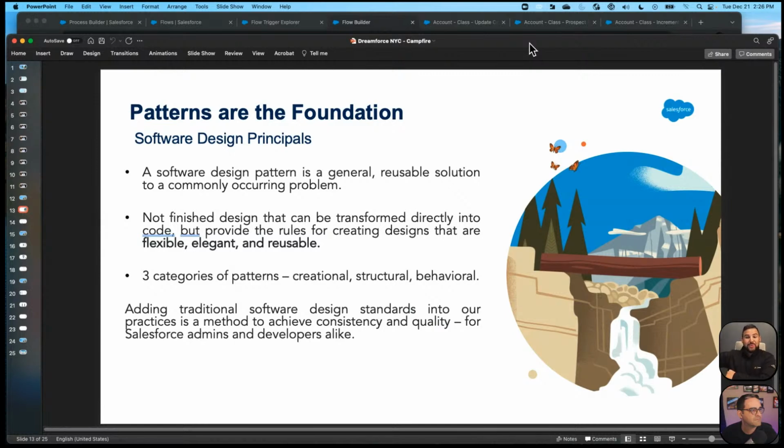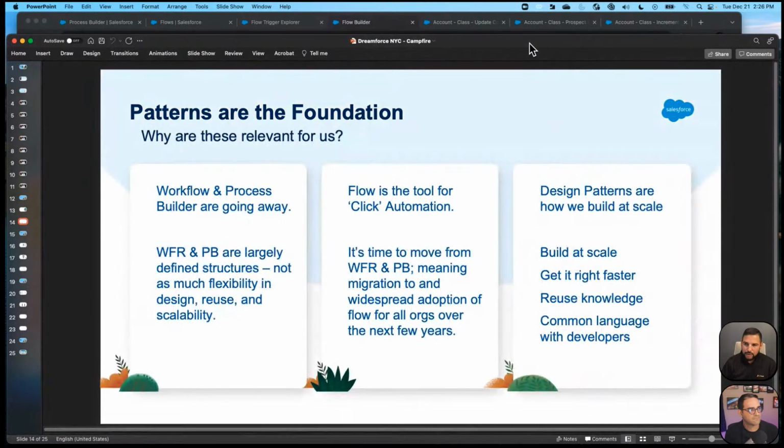Now, I'd like to elevate the work that we do for a couple reasons. One, we should have the pride of our profession. We are creating software, right? We are creating business process and designing these solutions for clients. And so using traditional software design standards and words does a couple things. It elevates the level of our profession. We are bringing the work we do into the same world as traditional software design. It also allows us to engage in a conversation with developers and other people about what we do using common language. And you'll see how we do that in just a little bit.